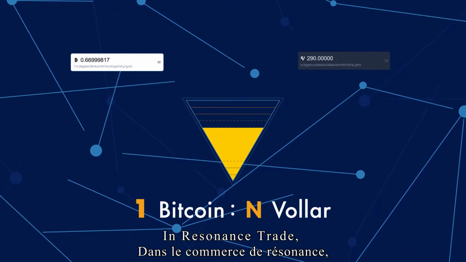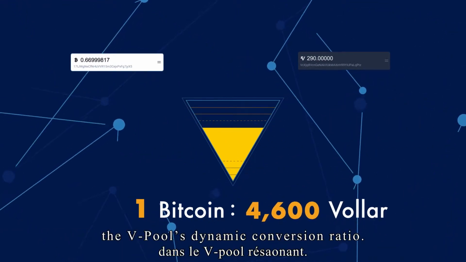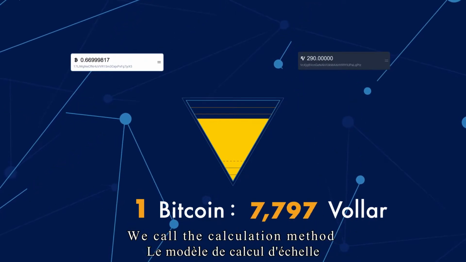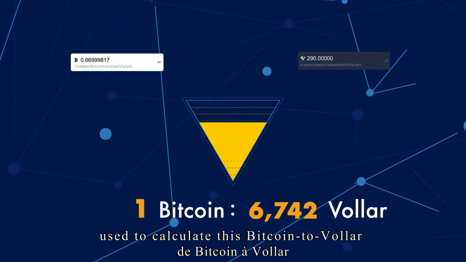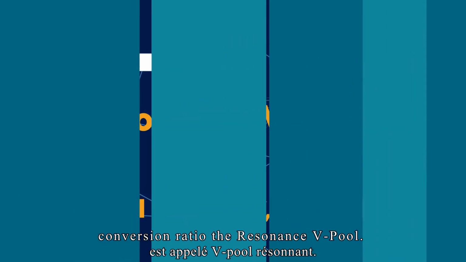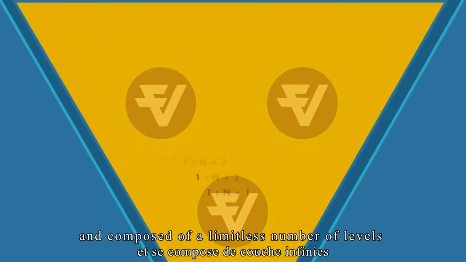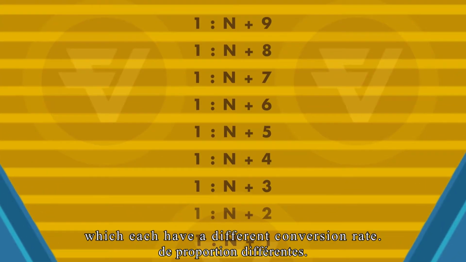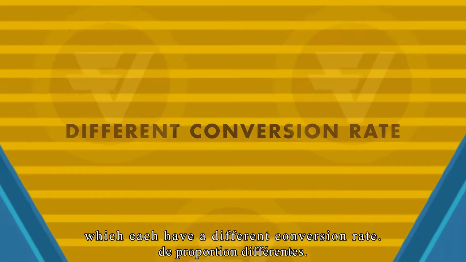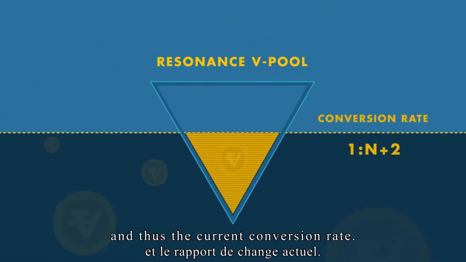In resonance trade, Bitcoin can facilitate one-way conversions with Vollar according to the V-pool's dynamic conversion ratio. We call the calculation method used to calculate this Bitcoin to Vollar conversion ratio the resonance V-pool. The resonance V-pool is shaped like an inverted pyramid and composed of a limitless number of levels which each have a different conversion rate. The amount of Vollar within the V-pool dictates the conversion ratio level number and thus the